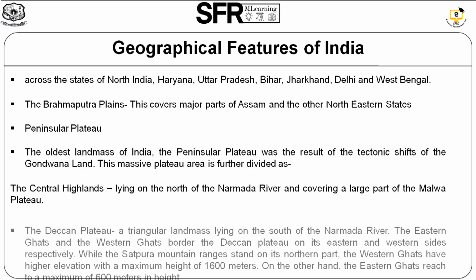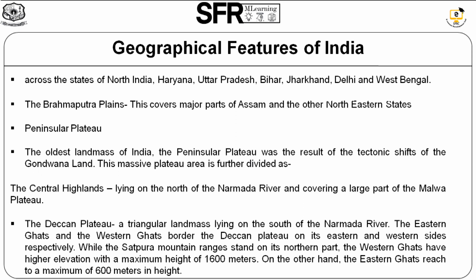And the last one is the peninsular plateau, the oldest landmass of India. The peninsular plateau was the result of the tectonic shifts of Gondwana land. So this we have seen in the previous slide, that Gondwana land means the part of India, South Africa and some parts of Europe. So the four regions cover the Gondwana land, and this massive plateau area is further divided as the central highlands